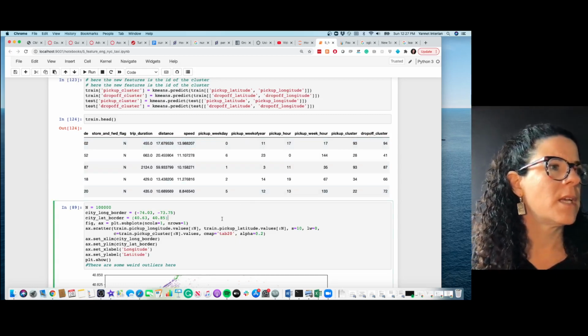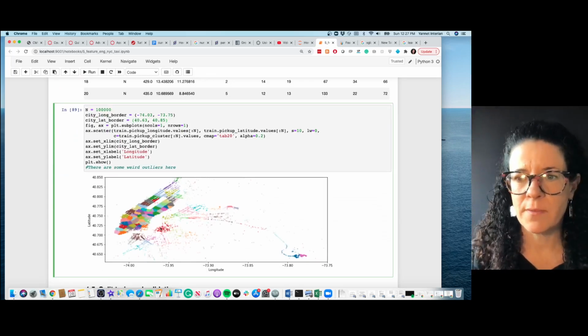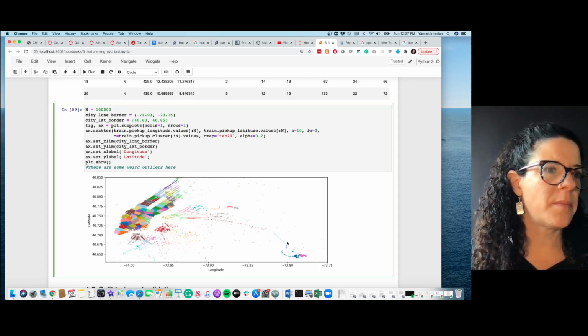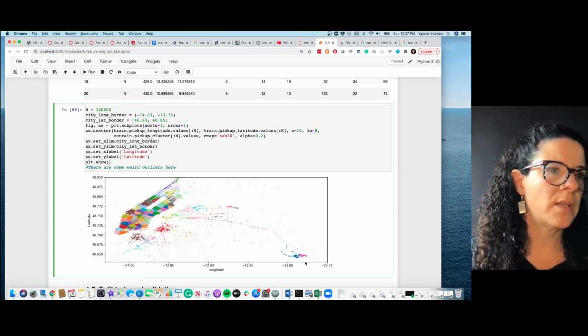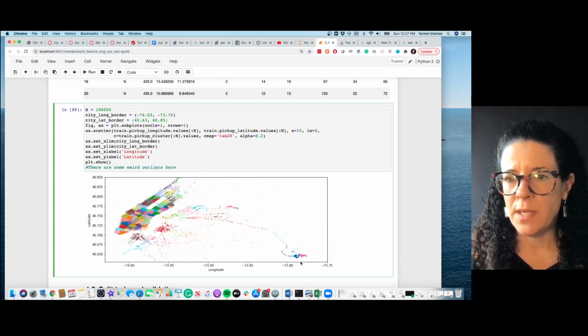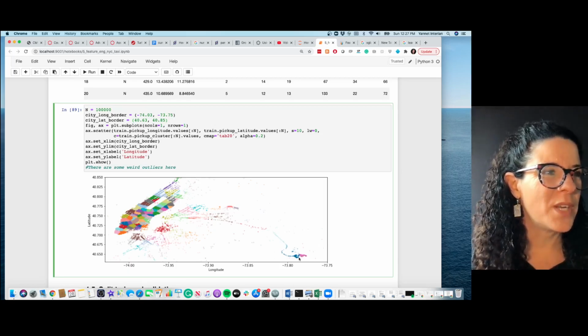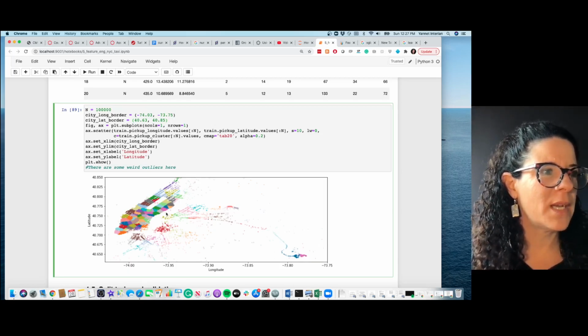So this is a visualization of the clusters. Different colors are different clusters. You can see, for example, that somewhere down to the right here is probably one of the airports. I don't know which one it is. I haven't been there for a while, so I'll have to figure it out with a map. So here we have the airports, here we have Manhattan, and these are other places in which there is much less